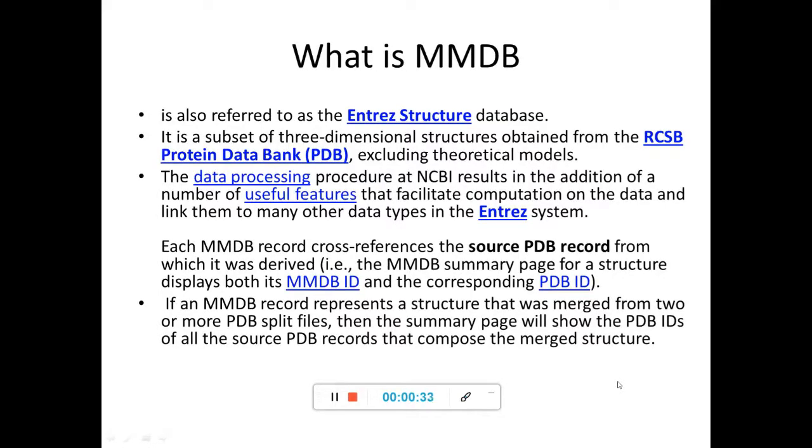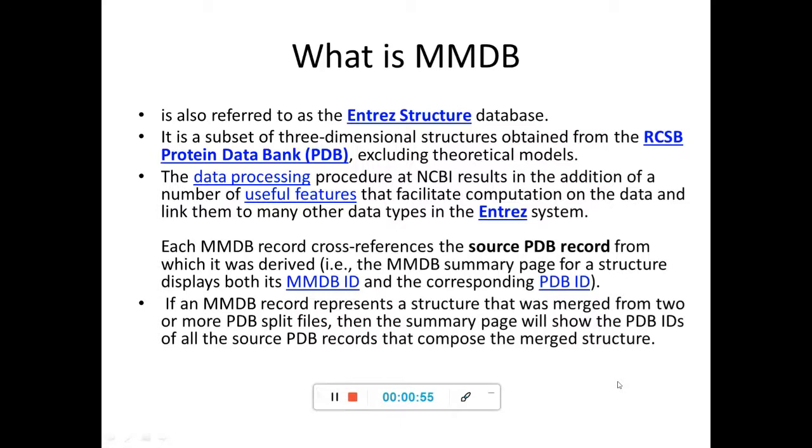Now, MMDB is also referred to as the Entrez structure database. It's the other name for this MMDB, and it contains all the 3D structures which have been obtained from the PDB, or the RCSB Protein Data Bank. Okay, you saw that earlier.